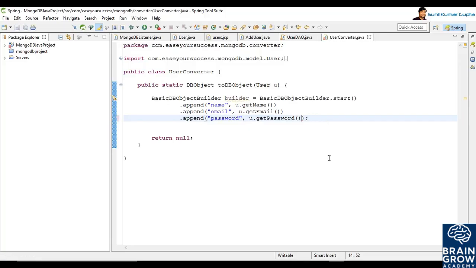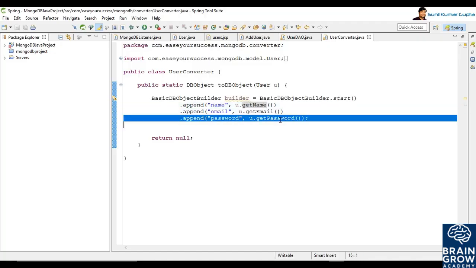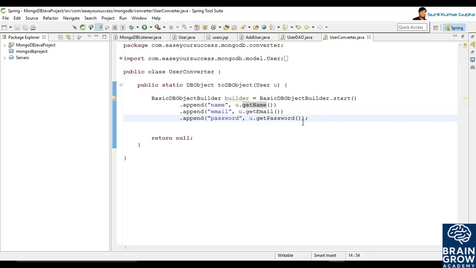Okay, only one is sufficient. Okay, so what we are doing, we are creating an object of BasicDBObjectBuilder, and with this we are appending the values, key and value, that we want to insert into the database. So for the key we are giving name, email and password, and the value we are getting from the model object, that is u.getName, u.getEmail and u.getPassword. Okay, now we need to